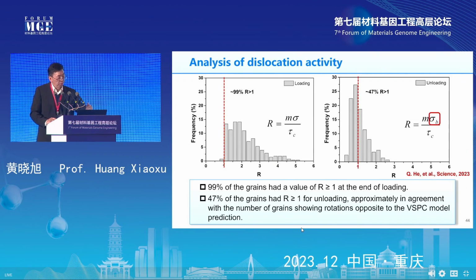We define one parameter, the R value. R simply means that when R is larger than 1, dislocation activity, basically dislocation slip, will occur, and when R is less than 1, nothing will happen, no dislocation slip. And of course, during the loading process, which is the left side, basically all the grains are deforming by dislocation slip. And surprisingly,